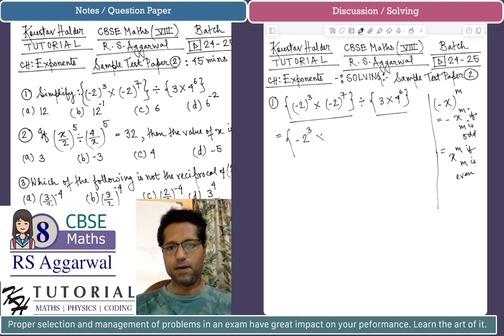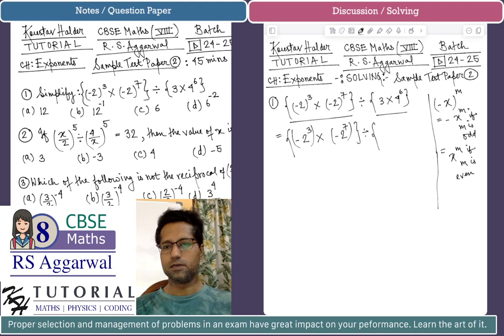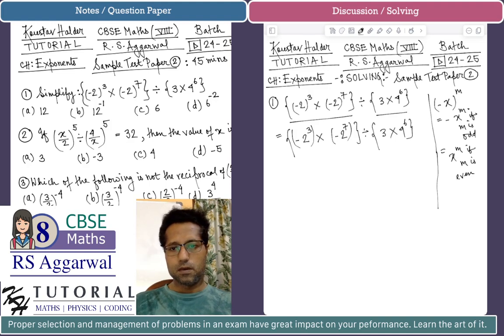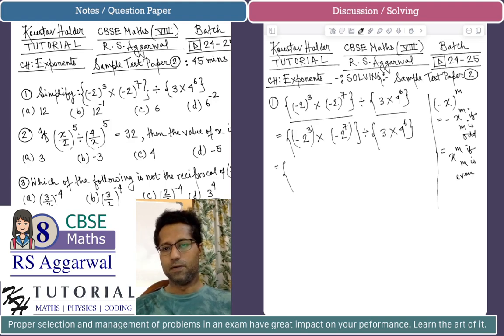So we have this multiplied by again minus 2 raised to the power 7. The power 7 is odd, so this will be a negative of 2 to the power 7. And inside the second bracket, we need not do anything as of now. We are leaving it as it is. Now this is a negative of 2 to the power 3 multiplied by negative of 2 to the power 7. The two negatives cancel. When two negatives are multiplied it becomes positive. So we have 2 cube multiplied by 2 to the power 7, and this divided by 3 multiplied by